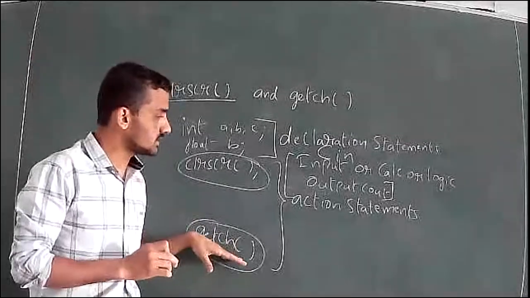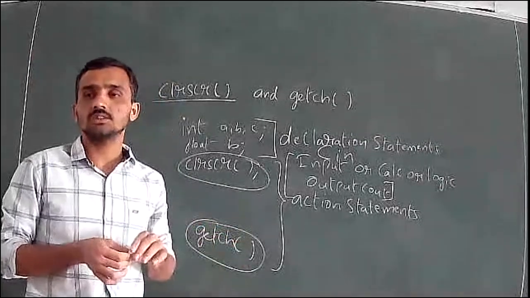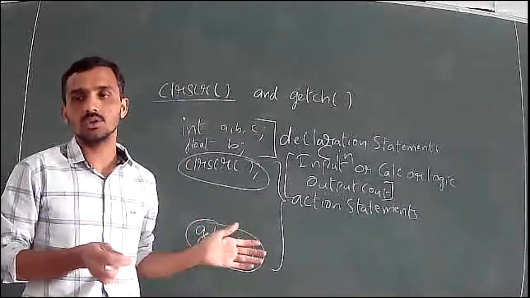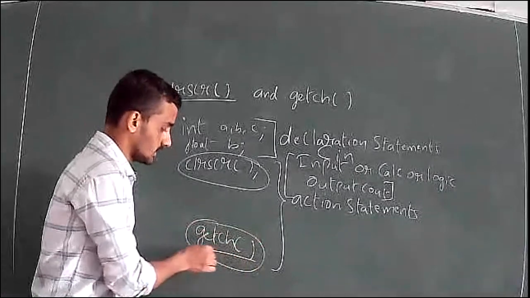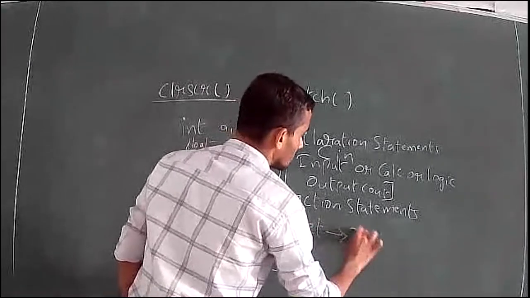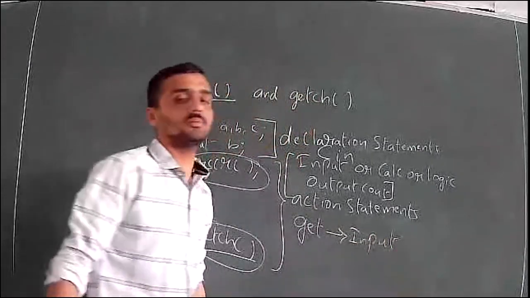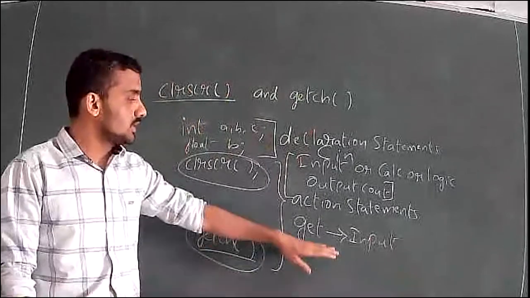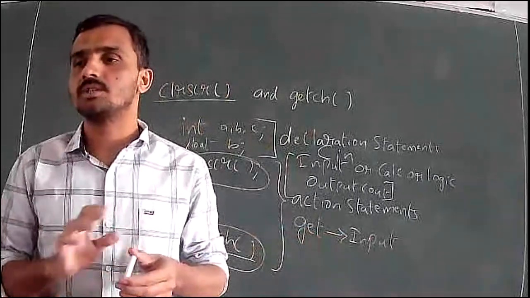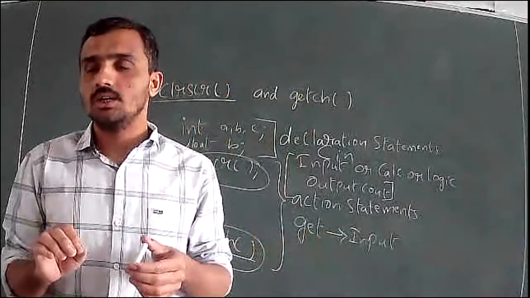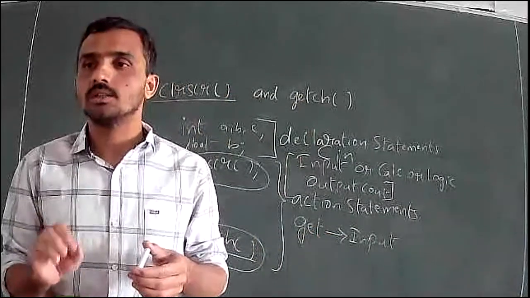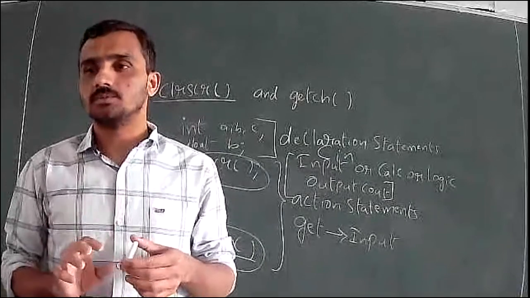And coming to get character, it is not used at the end of the program to get the output or to see the output. Nothing like that. It means get the character. Whenever you come across the word get, it is nothing but input. Get means input, put means output. So the computer will wait unless you type some character from the keyboard. Once we type the character from the keyboard, then it will come to the editor screen. Understand this concept.